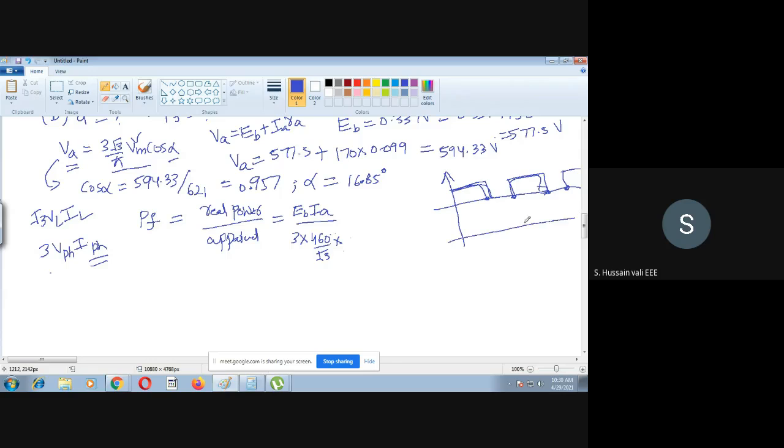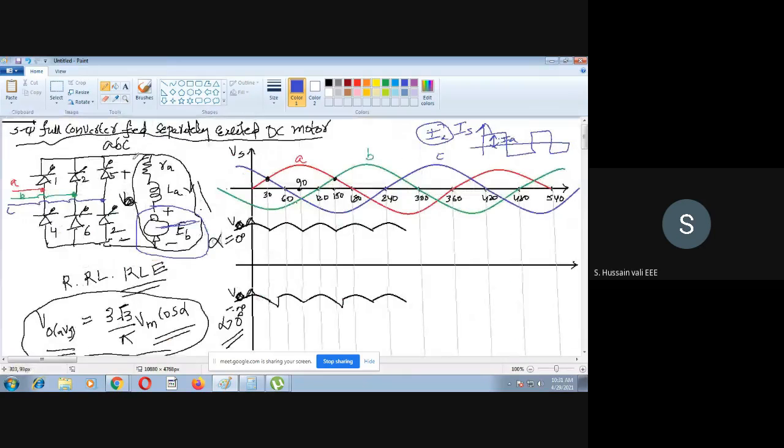What is the difference? For example, this is phase A, I get IA. Then this is IB, which will be lagging IA by 120 degrees. IC will lag by 240 degrees. So the shape of the waveform will be like this only. There is no doubt in this. You can cross-check if you want. You take this current as IA, and it is constant.